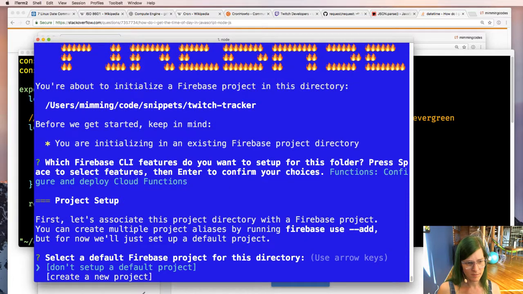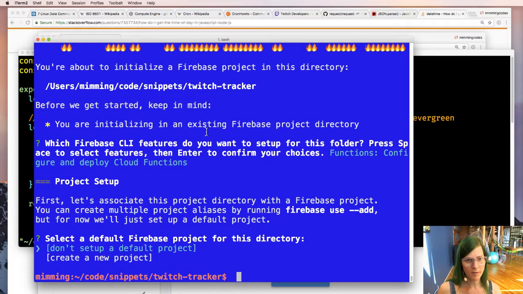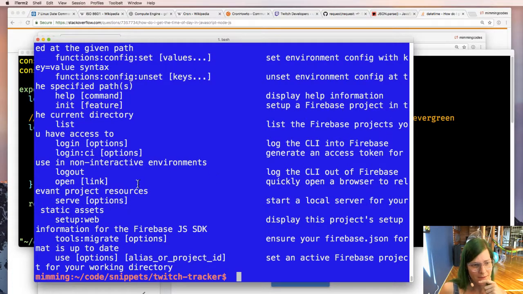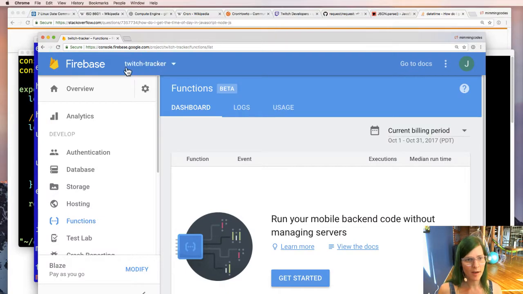Functions. So my project is all messed up. Okay, so if I wanted to, firebase help, how do I self-update? Okay, I can actually use a project ID here. I will not update. I just need to specify twitch-tracker.